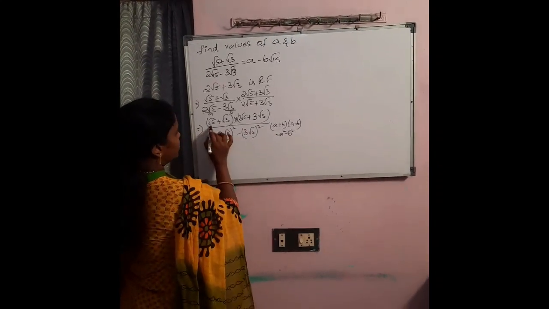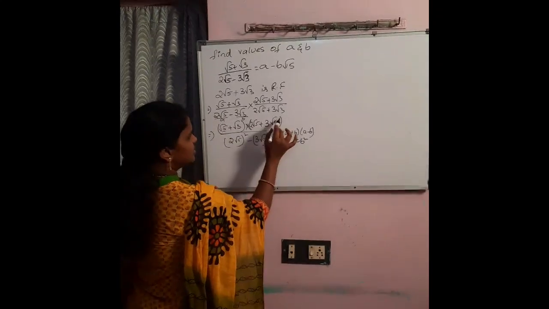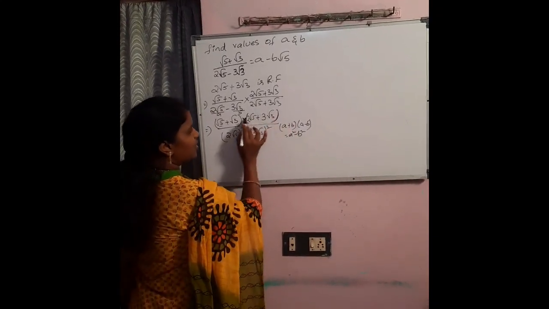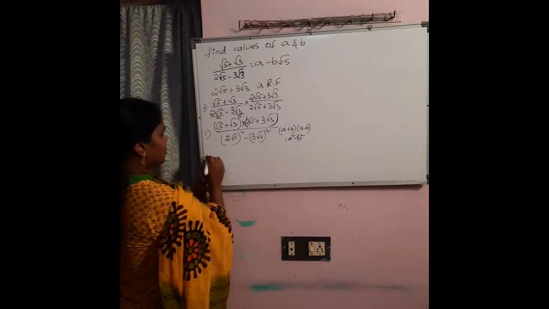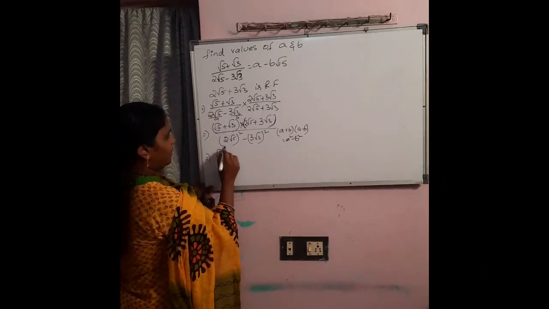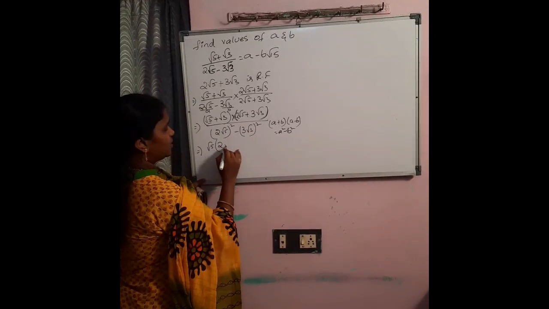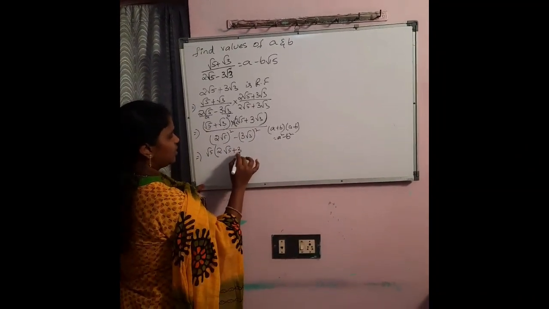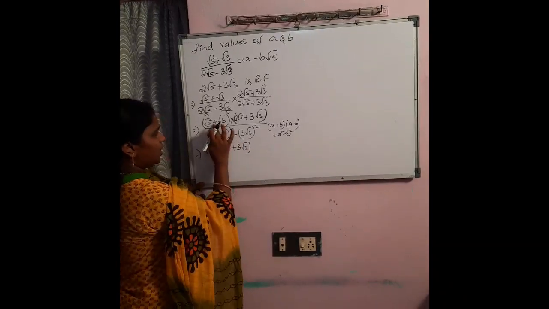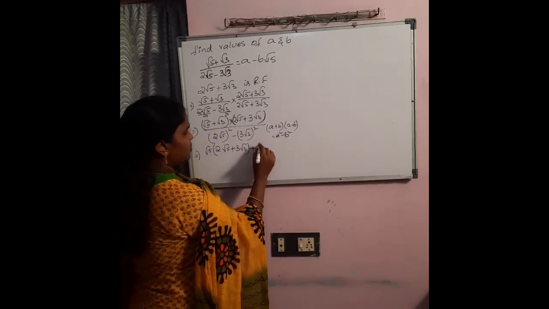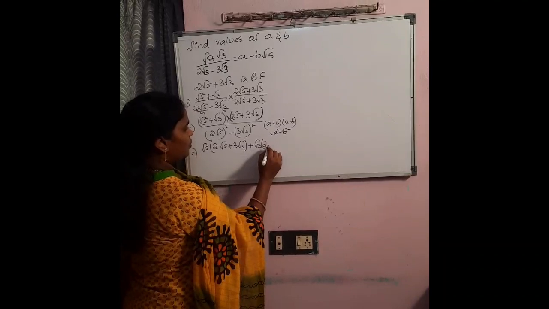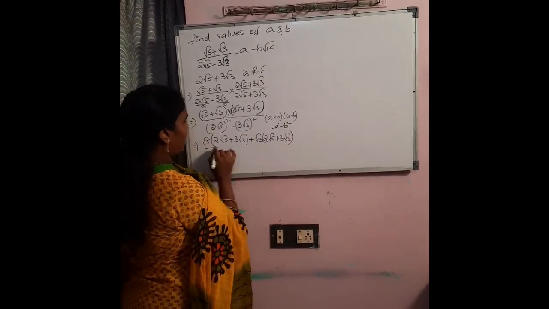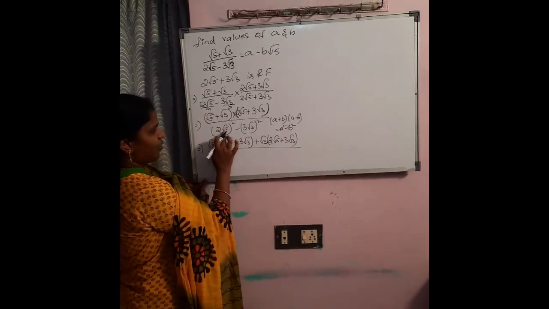So the first number should be multiplied with the second bracket completely, and again the second number should be multiplied with the second bracket completely. So root 5 into the second bracket completely, 2 root 5 plus 3 root 3. Here it is plus root 3. So plus root 3 into 2 root 5 plus 3 root 3 by, now it is in the form of